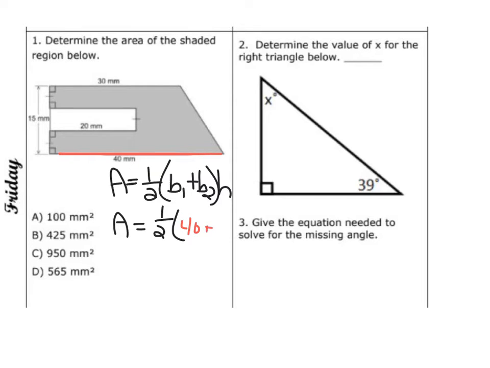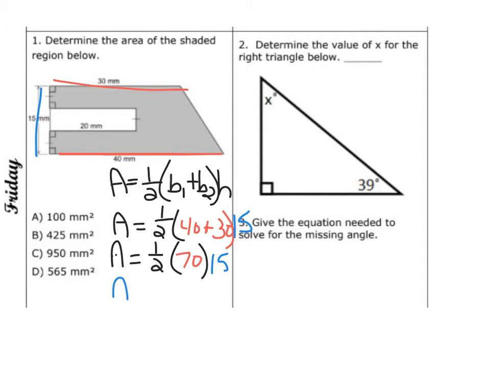What's base 2? So it's going to be 30. And then what is the height? 15. So everything was given to you right there. So let's go ahead and solve this. So we have half. 40 plus 30 is 70. Times 15. So I'm going to go ahead and just actually multiply that. So 70 times 15,